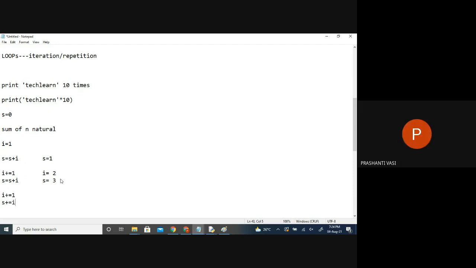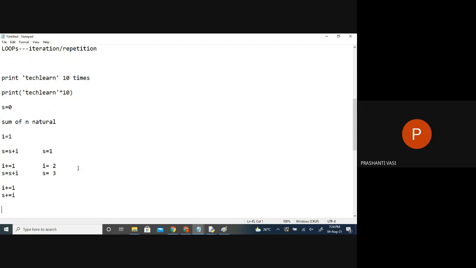So if you see this whole procedure, is it doing the same calculation again and again? Yes, ma'am. So this is repetition. It's a concept of repetition. So is it a calculation or is it a printing statement? Is it a print that I can say i plus is equal to 1 comma S plus is equal to i,